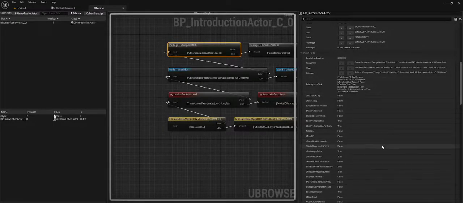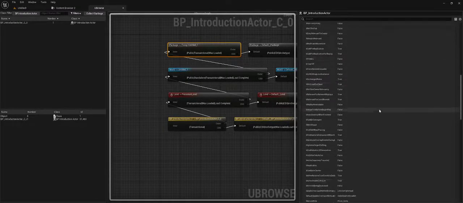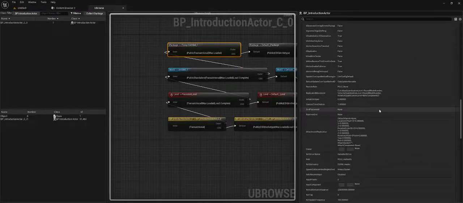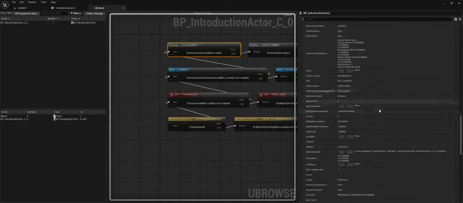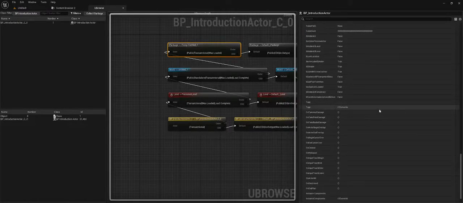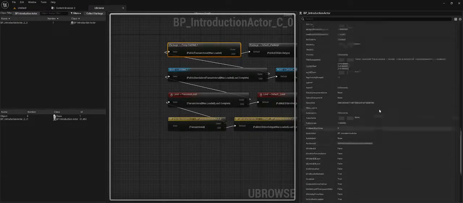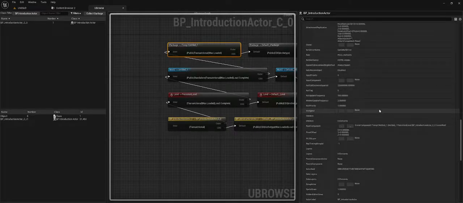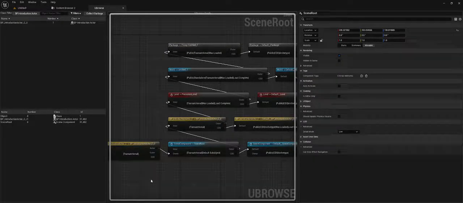Also, there's a dump of its object property fields. It doesn't have an owner at this point, or an input component, or an instigator, or anything, because it's just a fresh new object. The thing is, we can look at the root component. So these two buttons here give you a chance to browse the instance of the root component or the root component class. Right now we're interested in the instance of the root component,